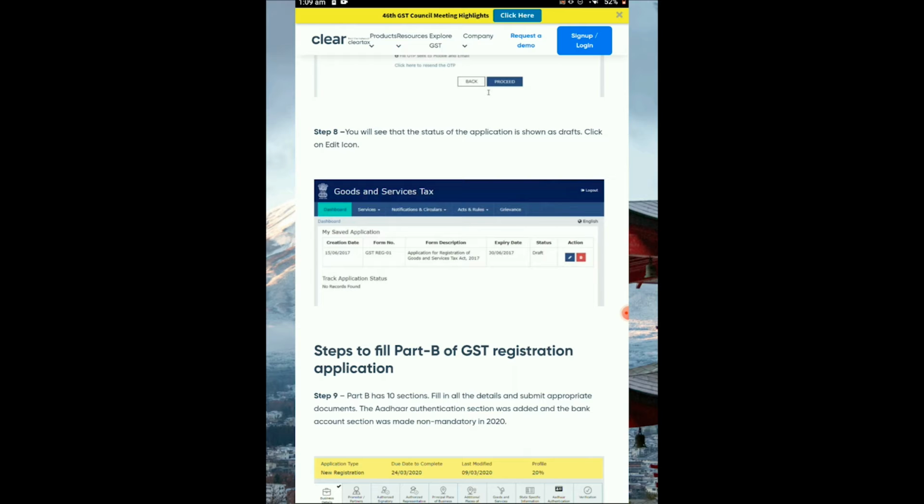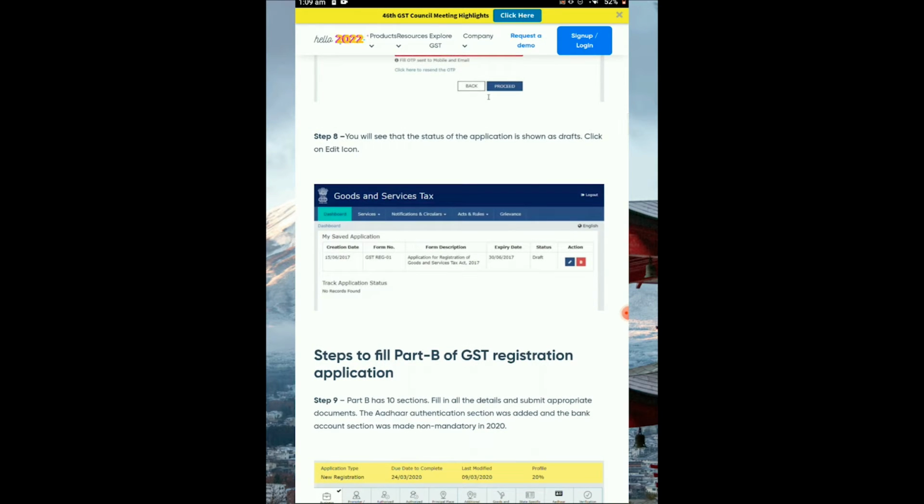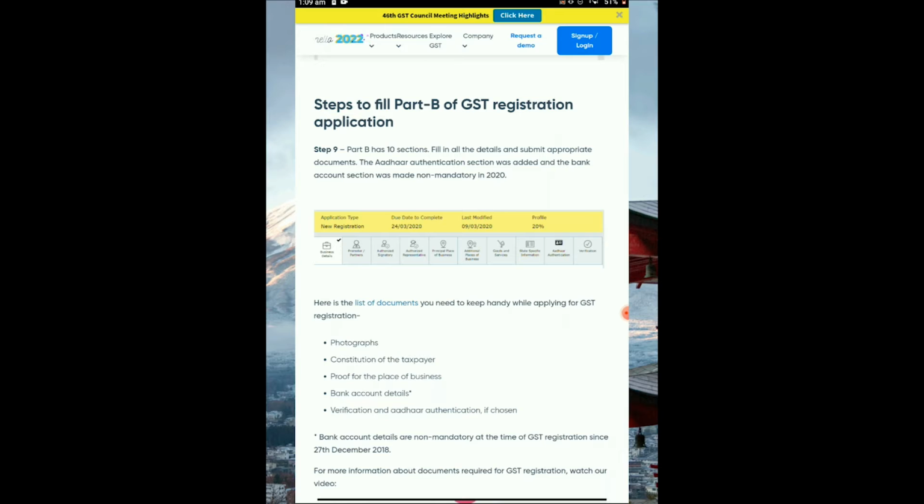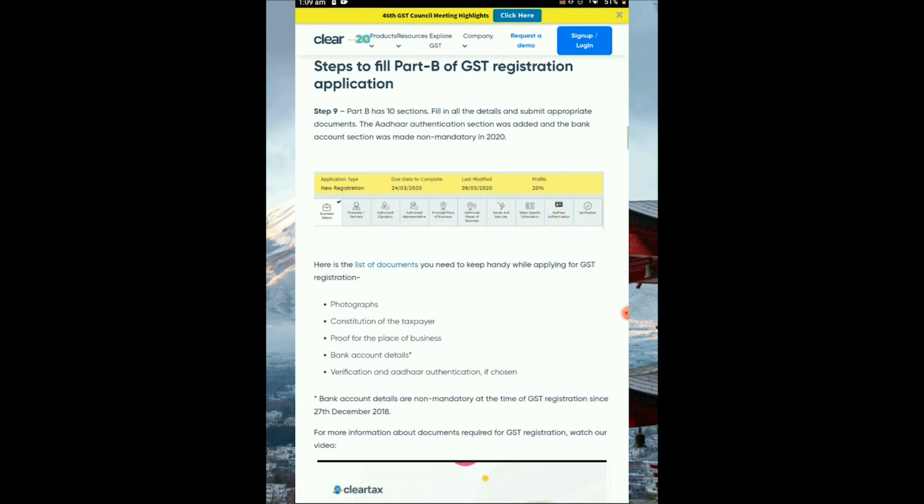To complete the registration, click on the edit option, and then you will have part B of the registration. It will show the due date of completion, the last modified date, and how much of the form has been completed. Now here is the list of documents you need to keep handy while applying